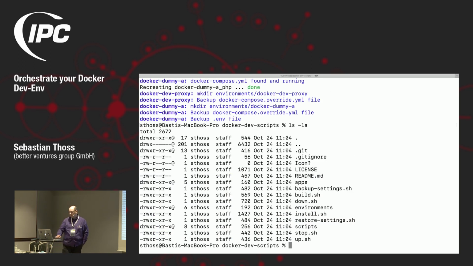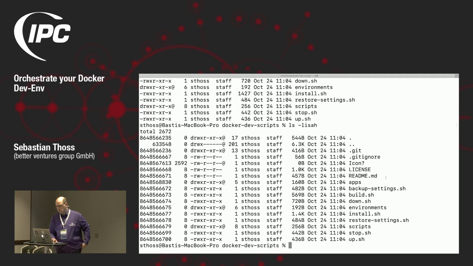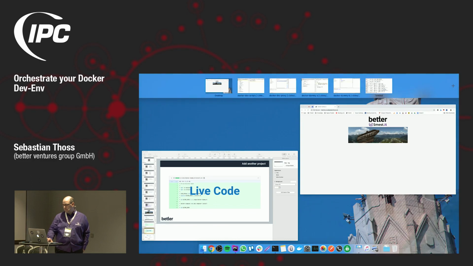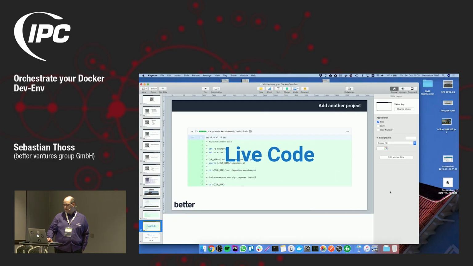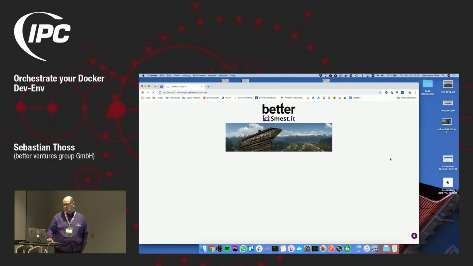Everything is in here. So we have, that looks better. We have the backup, the apps folder, as mentioned. We have the environments folder, as mentioned, and then we have all these commands, like even backup and restore settings. To see if it's working, let's open the browser. It works,